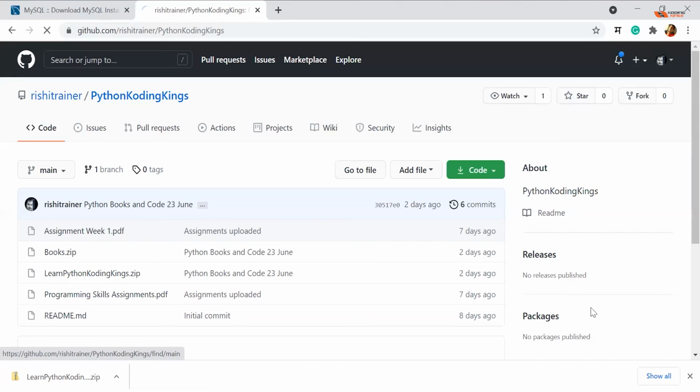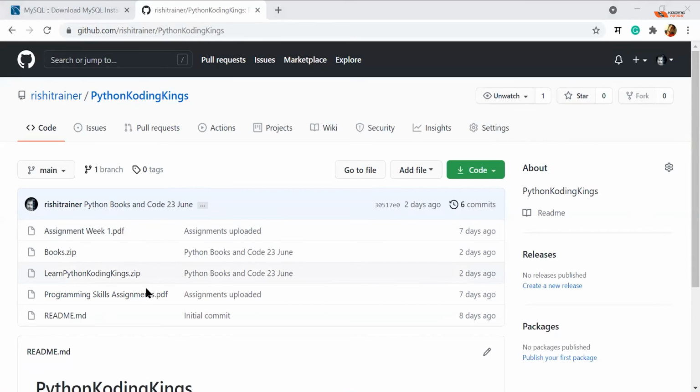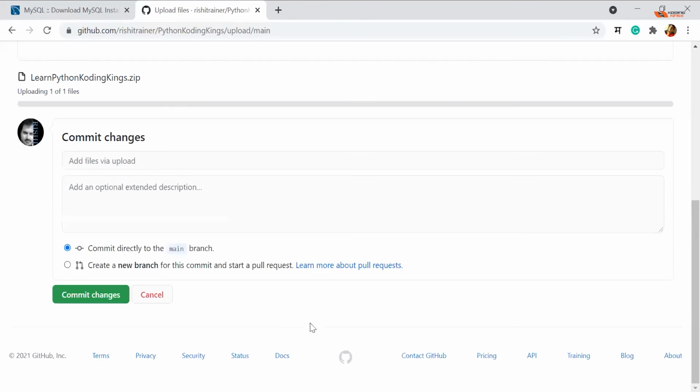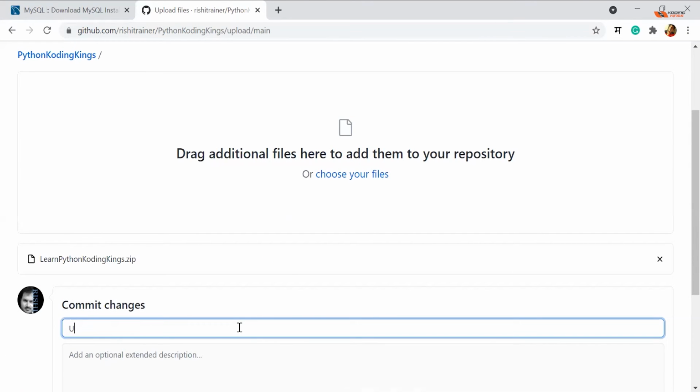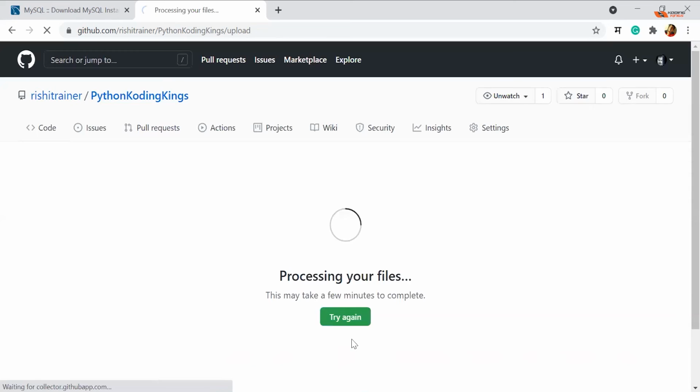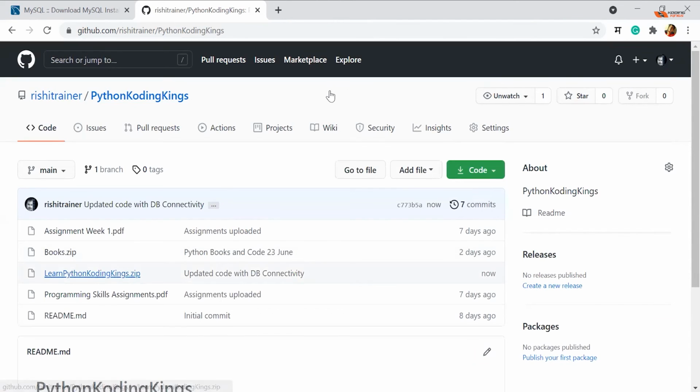I was logged in with my personal credentials, to another repository. That's not what I was looking for. Okay, so here you go. The code is updated. You can see the updated code with DB connectivity. The changes are there, so you have the latest file now.